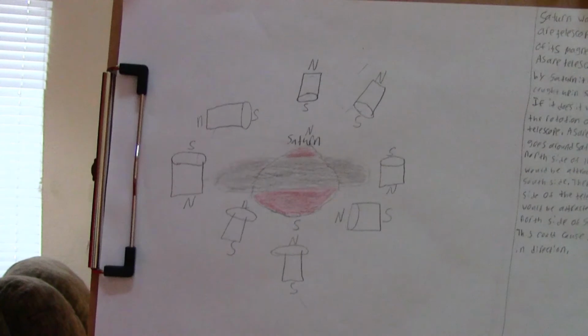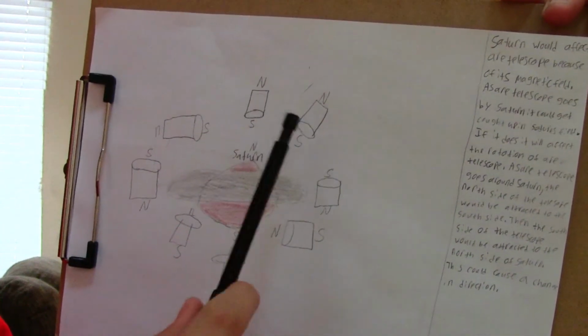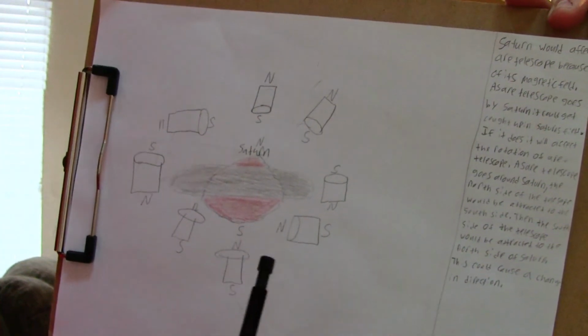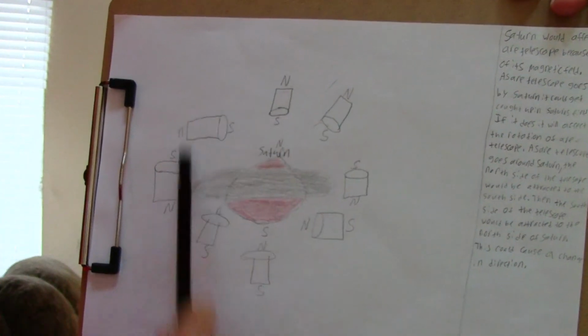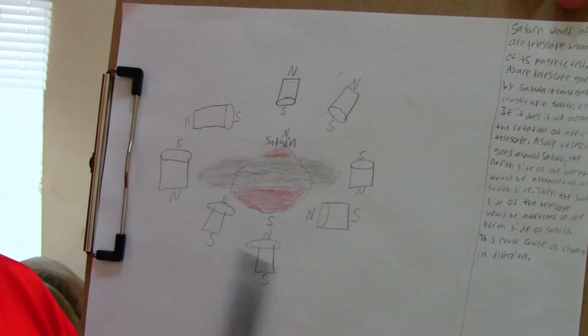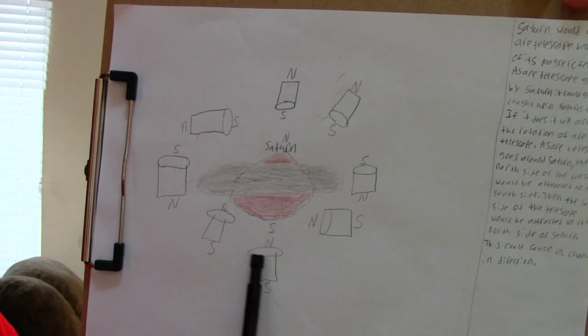The second model I used is I explained what would happen if our telescope went around Saturn's magnetic field. I talked about how our telescope would be in a constant spinning motion because the south side of our telescope would be attracted to the north side of Saturn, and this will cause our telescope to go in a misdirection and spinning around. So when we release from Saturn's gravitational pull, we don't know what direction we're going to be